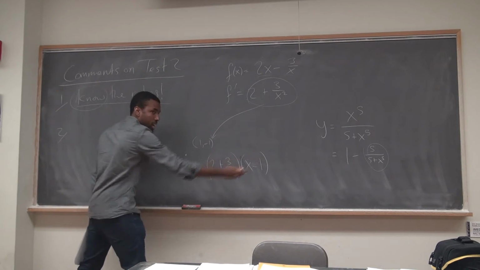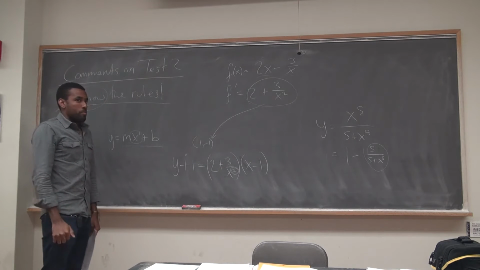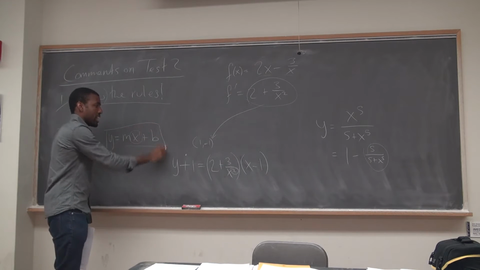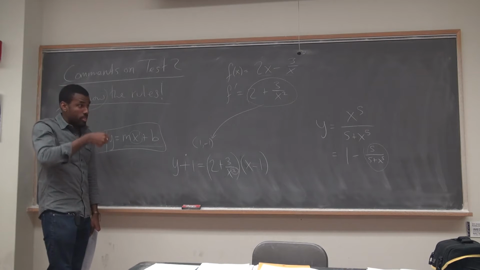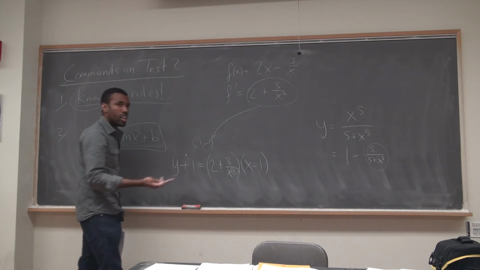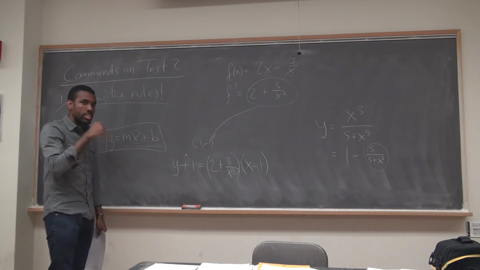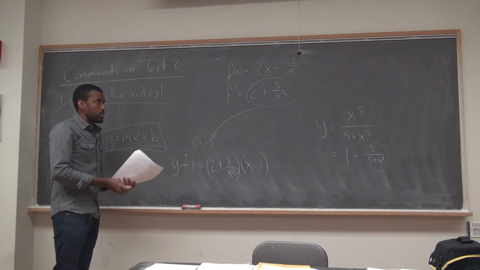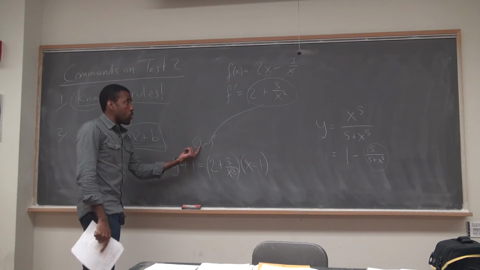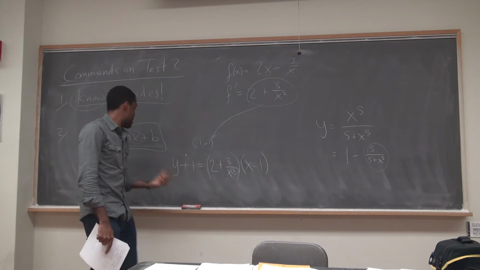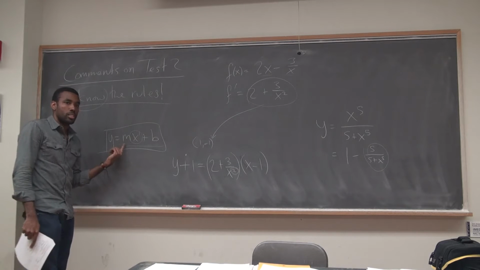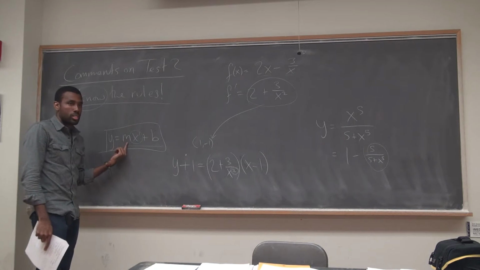You should know what the equation of a line looks like. You should have known that since algebra class, right? If you have squares, it's not a line. How could you write that down as an answer, right? What you had to do is plug 1 into the derivative, get a constant, and then put that here. Your m is a constant. It's not a line if this is not a constant. It's a constant times x plus a constant.